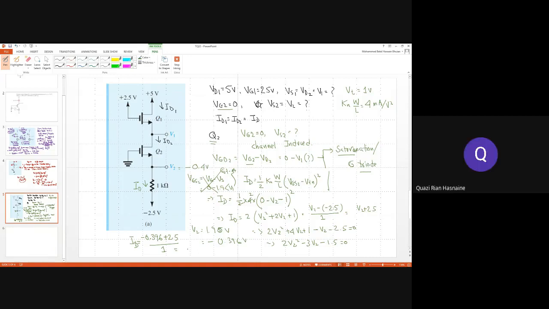2.104. 104. That is our drain current. So this is the same current, it will be flowing through that. So now we'll go for